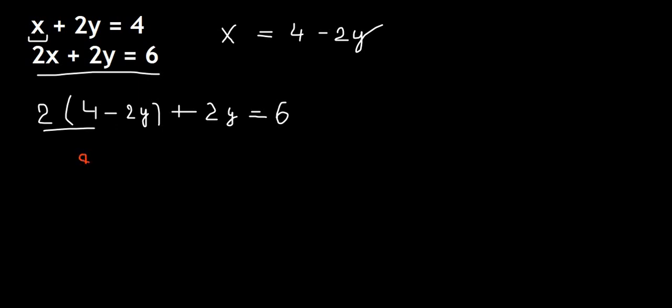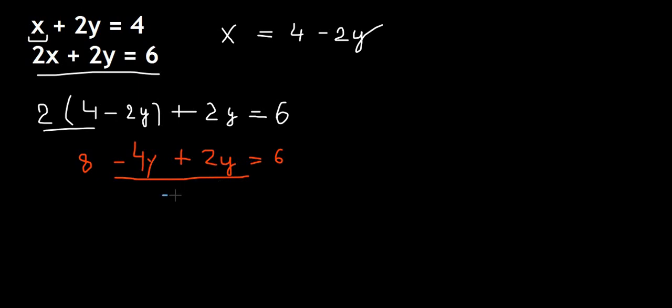We write 8, and then minus 2 times minus 2y is equal to minus 4y, and then plus 2y is equal to 6. And minus 4y plus 2y equals